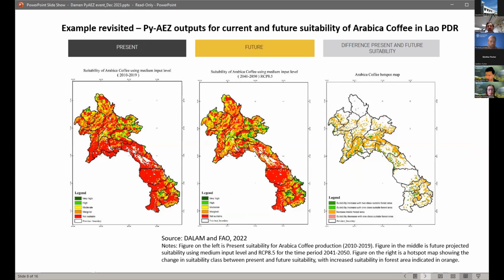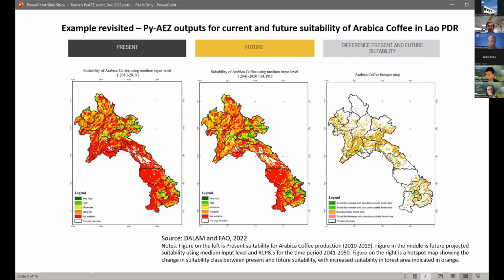We did it for a range of crops, but I'll just show you how the coffee analysis was used. Here you can see there was an update, or more specificity, to this updated analysis using PyAEZ and the additional agroclimatic inputs for this particular project.